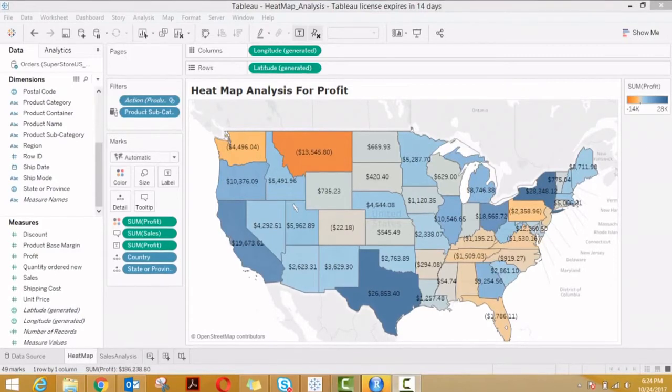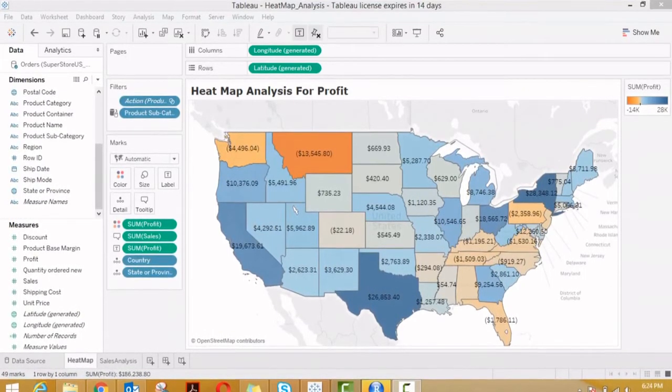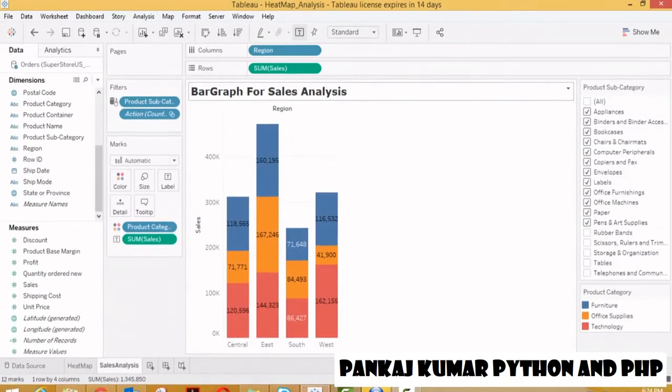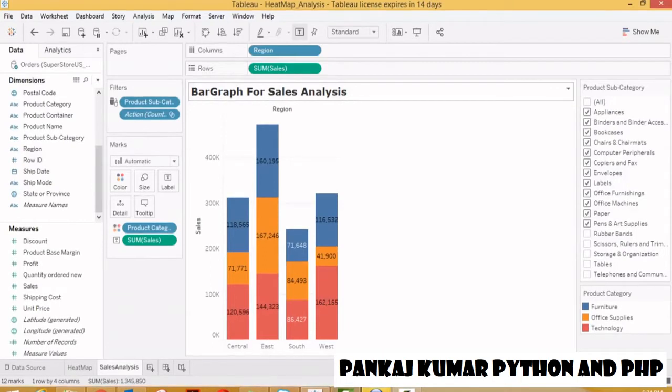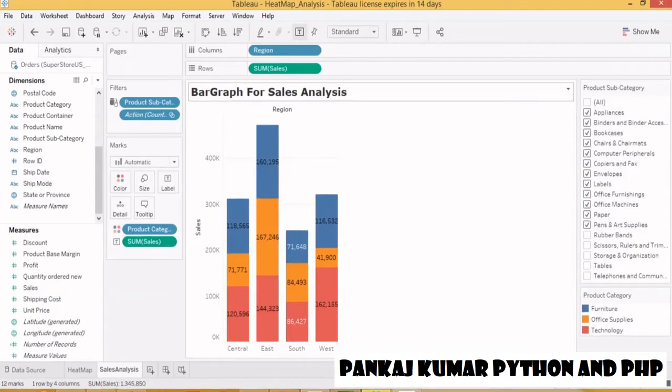So in the previous session we discussed Tableau, and we also developed the heat map analysis for profit and the sales analysis for different regions in the United States. Okay, so guys, today we will develop the dashboards or storytelling board which help the entrepreneurs to analyze the KPIs